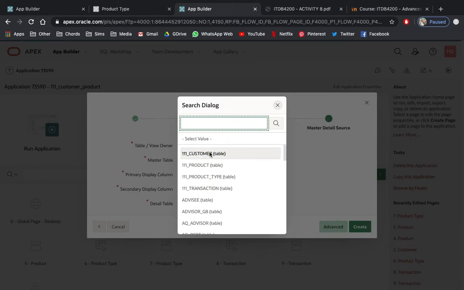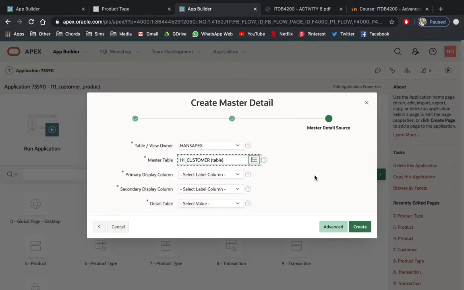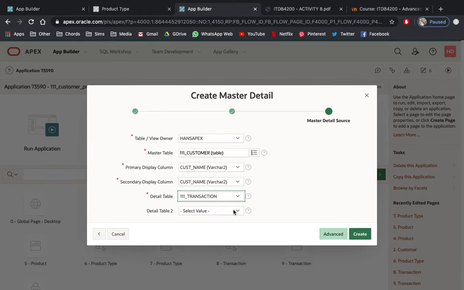Now we're going to select customer, and automatically there will be a primary display on your master, say customer name. Both customer names are mentioned there, doesn't matter. Then select the detail value, and the related table will automatically be here, the transaction, and a detail table 2 if you want to add some more.